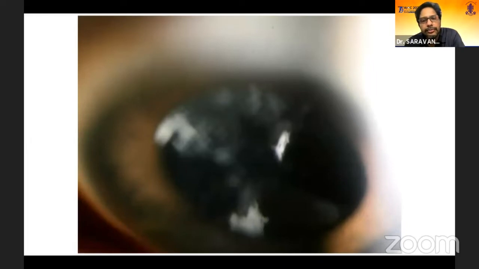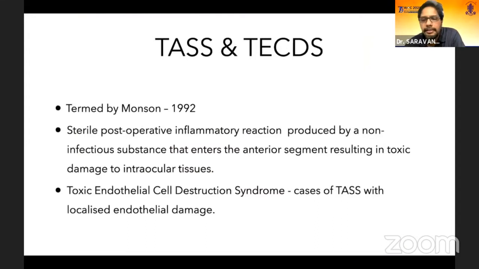In this one more case, you can see some bits of cortex sitting and producing the inflammation just beneath the iris in the inferior quadrant. Now we know that you're not dealing with an infection, and it's much easier to deal with this case, and you can go ahead and remove it. If it is a small bit, you can just cover up with steroids till the cortex bits get absorbed.